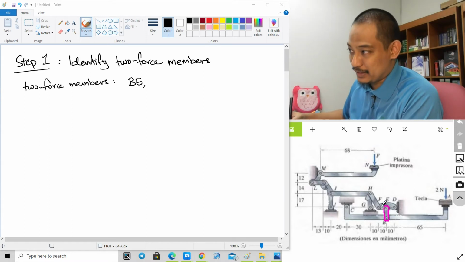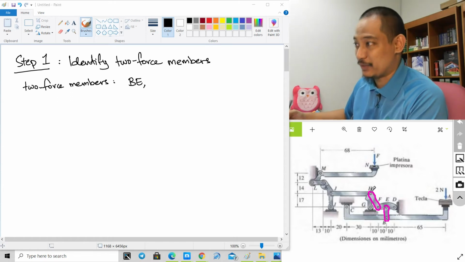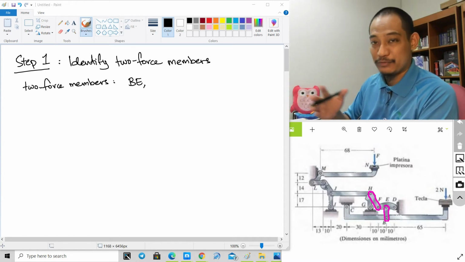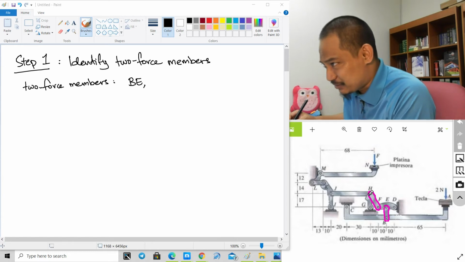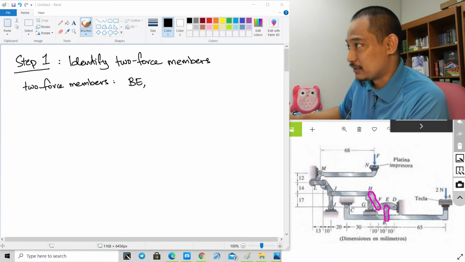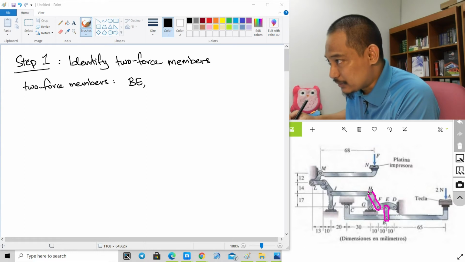Can you identify that HF is a two force member? This one. This is a two force member as well, right? HF. Okay, we will identify in the diagram first before we go and note them down. And then I believe this, because this is not that clear, I'll use a different color so that it is, yeah. So this one, this is a two force member as well,